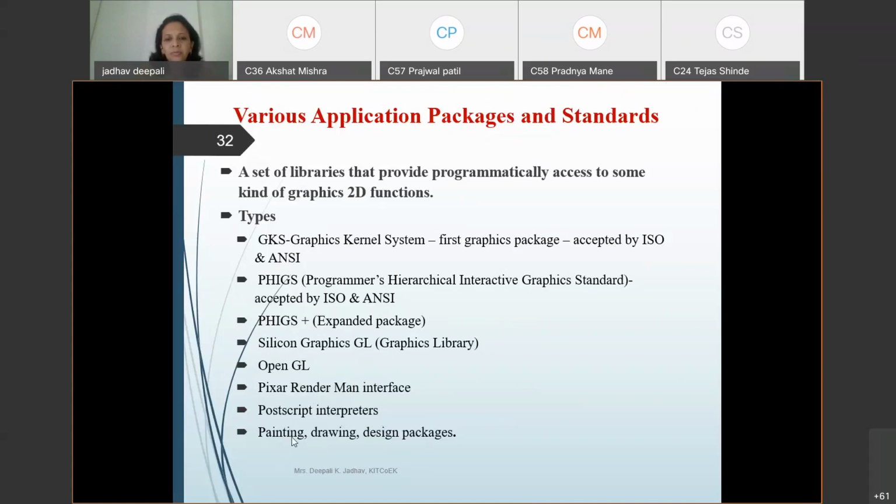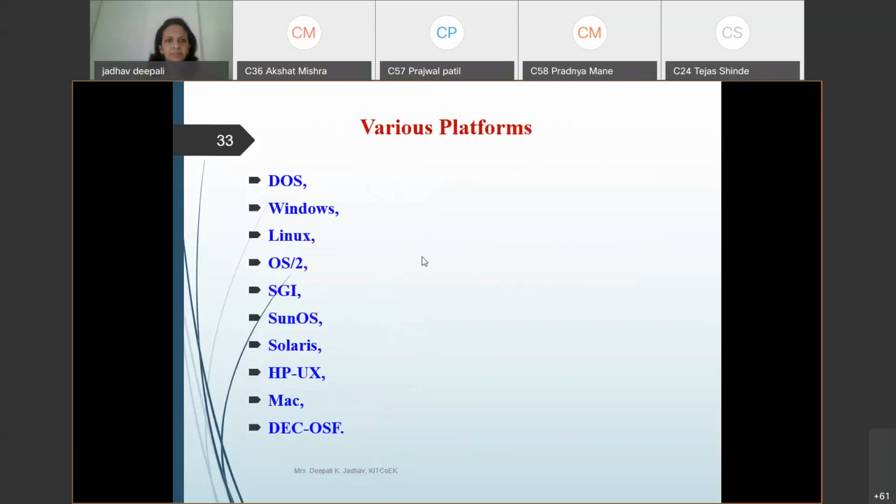Simple Paint we use for drawing purposes. CAD is used in mechanical and civil industries mostly. So many packages. A simple header file is required everywhere when we use graphics software, graphics.h. This header file provides many graphics functions such as line, circle, etc. Directly it provides rectangle and square; all these are provided by the graphics.h header file. So these are some application packages and standards.